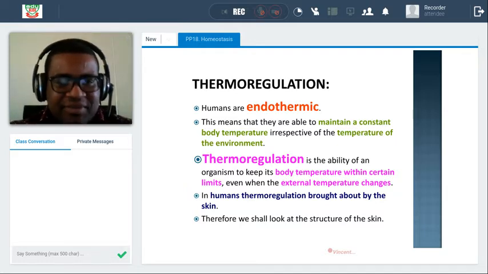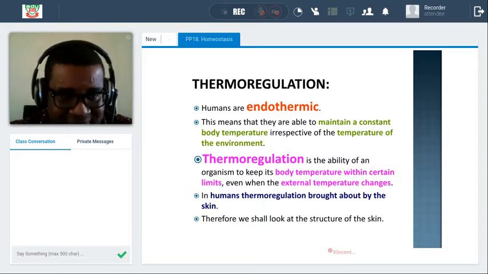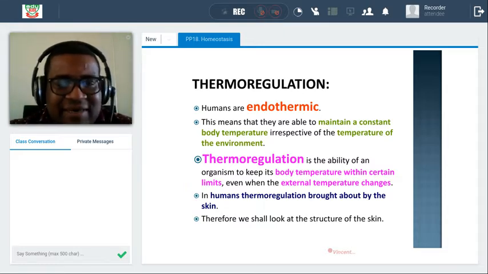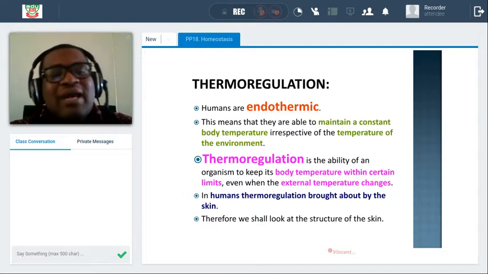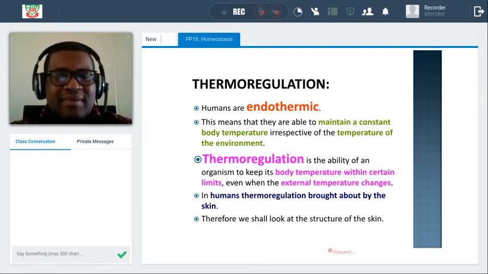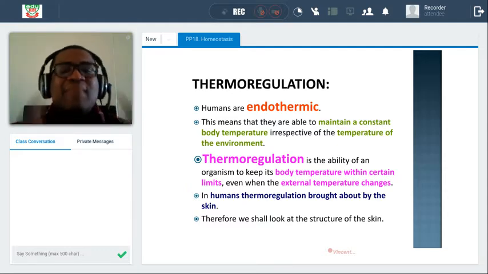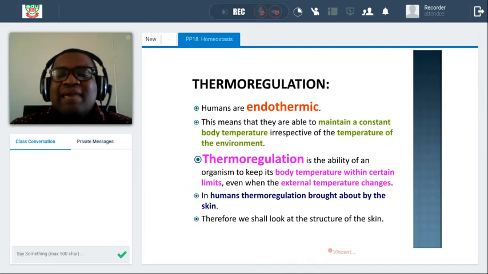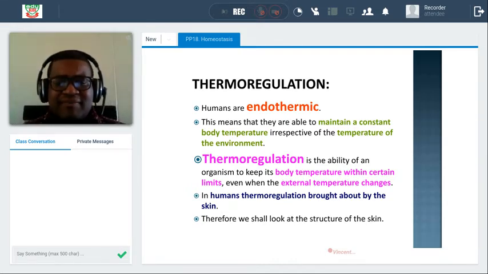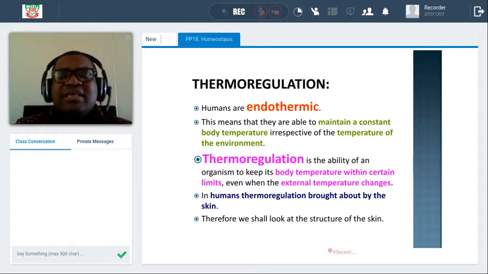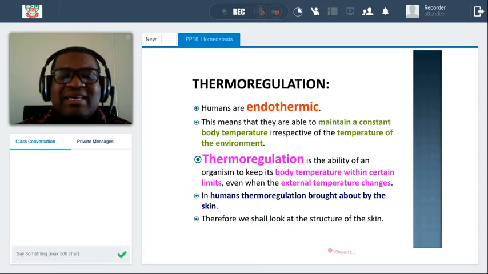Your body regulates temperature. You see that humans are endothermic, which means they regulate their body temperature and it does not depend on the environment. Not unlike lizards that are ectotherms, or poikilotherms. The humans are endothermic. This means that they are able to maintain a constant body temperature irrespective of the temperature of the environment. So temperature regulation is the ability of an organism to keep its body temperature within certain limits, even when the